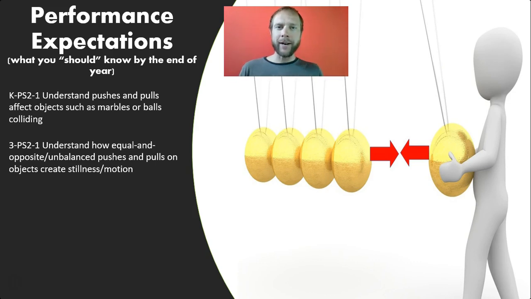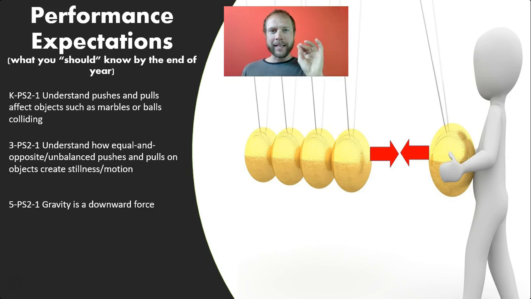And if you see the diagram here, right, those balls in the middle, if you've ever played with these clacky balls, right, they transmit the forces, they don't themselves move. There's a good example of equal and opposite. I think there's a third grade PS2-3. It starts to get into forces due to magnets. Kindergartners aren't supposed to understand magnets. At third grade, it does. So they keep kind of expanding, but let's just focus on this concept of